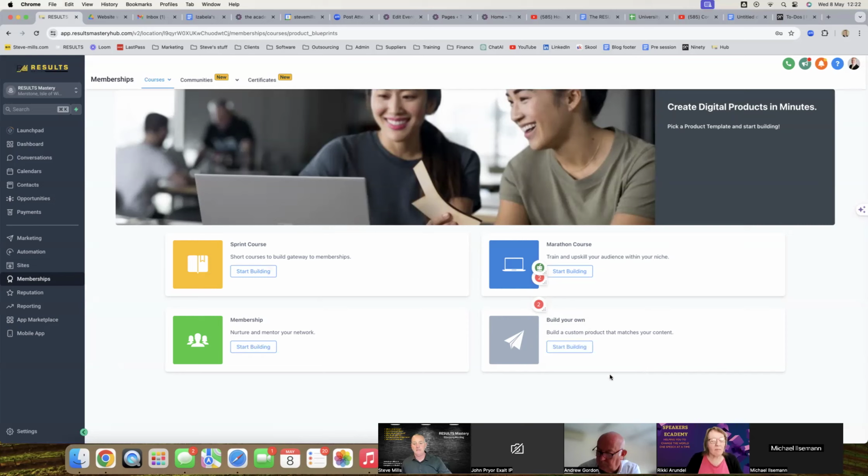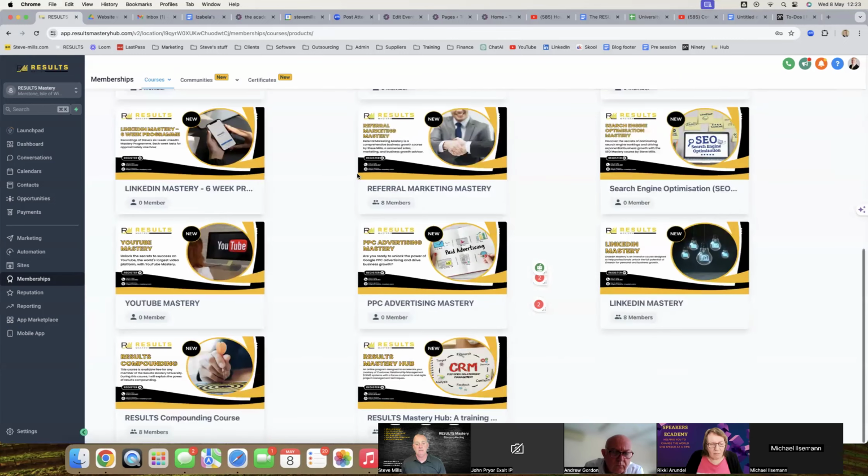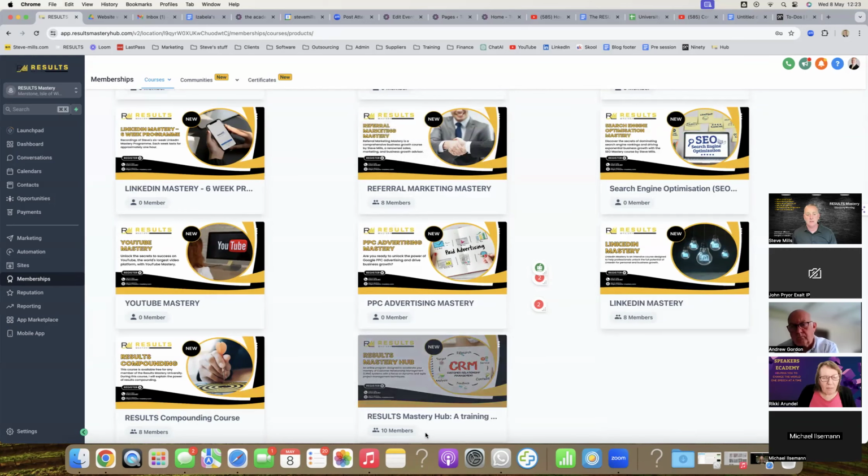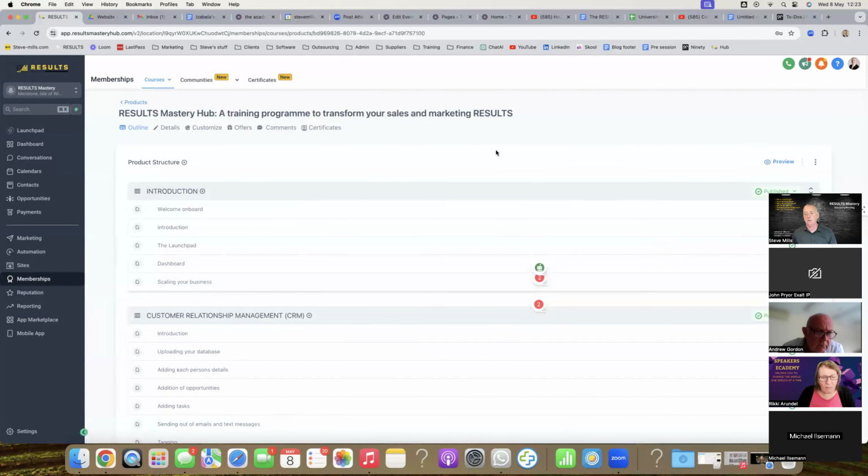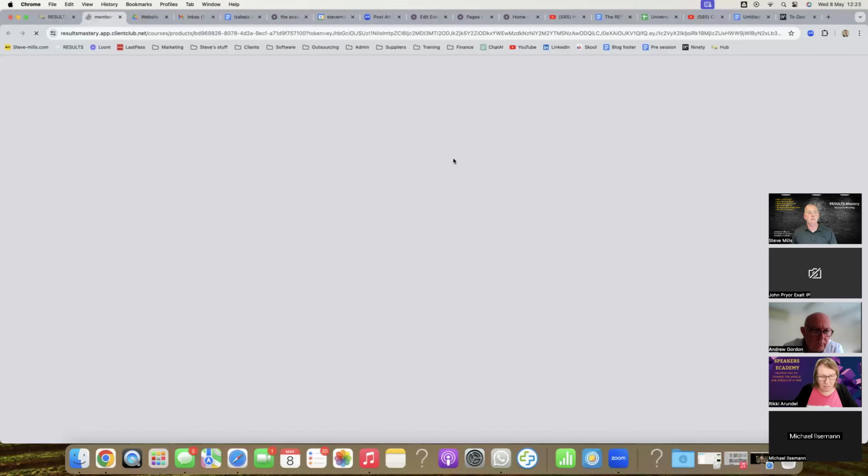These are like templated. And to be honest, when I've done this, I've just gone, right, okay, I just want to build it myself. So that's what I'm going to do. If I just go in here to show you what's involved, one of the reasons I love the hub is that it makes things nice and easy to understand and easy to do. So if I go into this one here, which is interestingly a training course about the hub, I go in here. If I go to preview to show you what it looks like from a customer point of view.